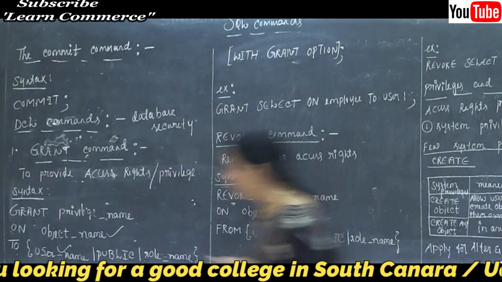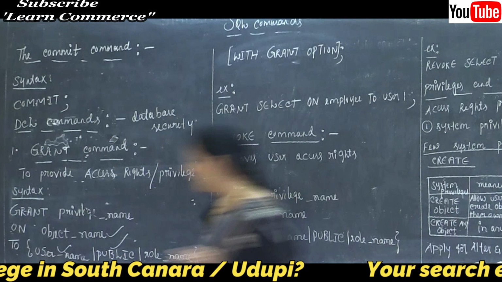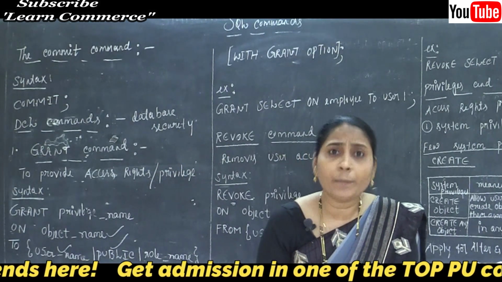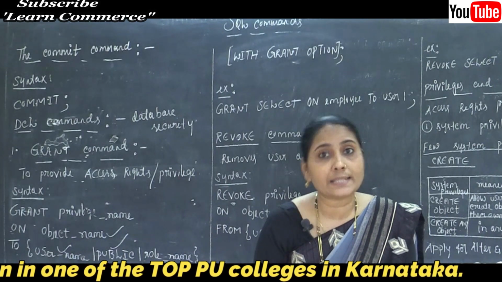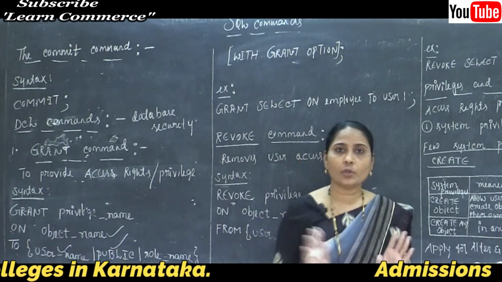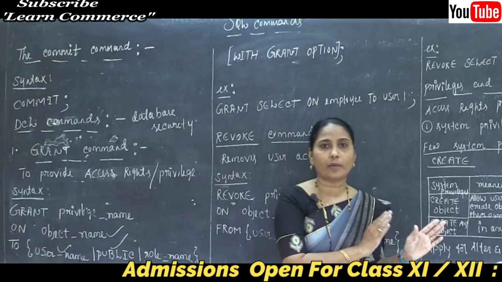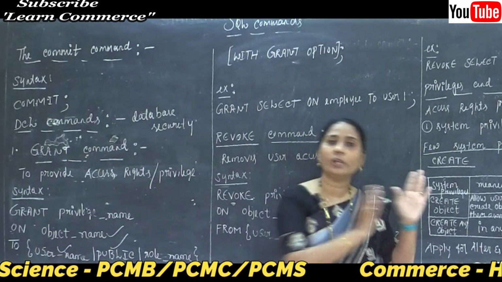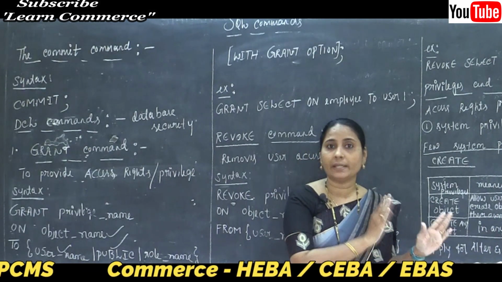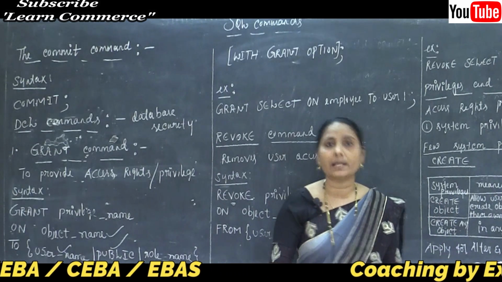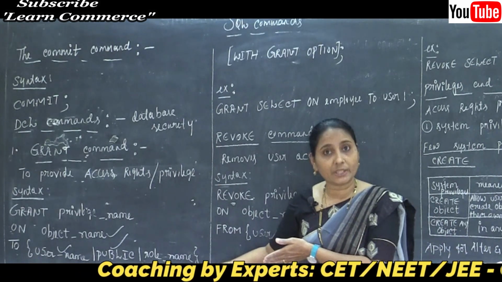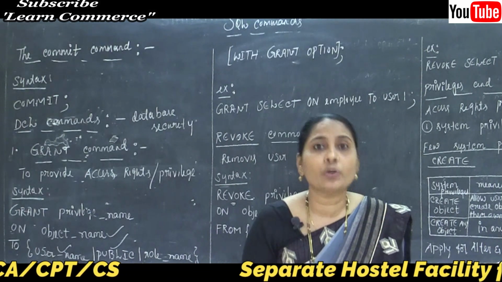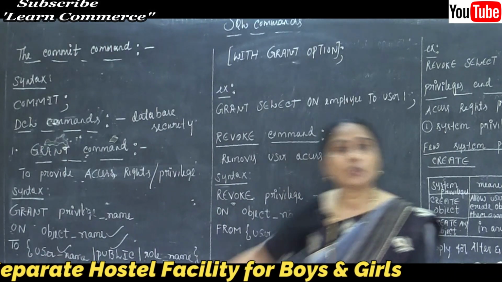And after the user_name, the next thing is PUBLIC. So what do you mean by public here? The public is used to grant the access right to all users. It is not that only some users get the permission, like if 5 users are there, out of 5 only 2 users are granted the permission. It is not like that here. However many users there are, for everyone we grant the permission. That is called public. Clear this point? So the public is used to grant the access right permission to all users here.